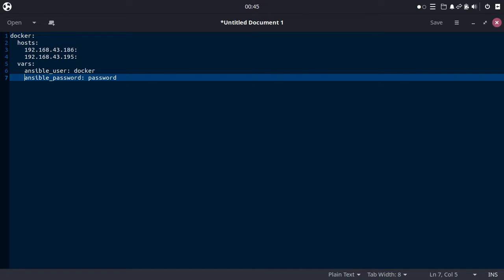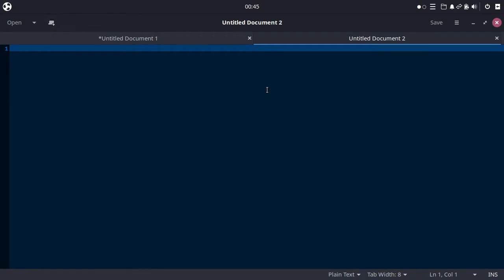Okay, now let's move on to the Playbook. A Playbook is a little bit more complicated than this one. In a Playbook, it's a best practice to include three dashes at the beginning of the file, like this one.